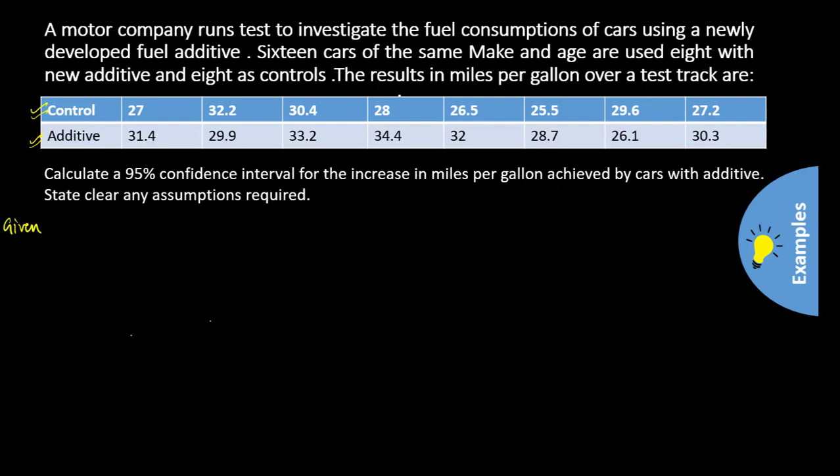First, let us write down the given data of the question. We have collected a total of 16 samples, that is n1 is 8, n2 is also 8. And we know what x1 bar is. X1 bar is the summation of xi, where i is equal to 1 to n, divided by 8, so it would come out to be 30.